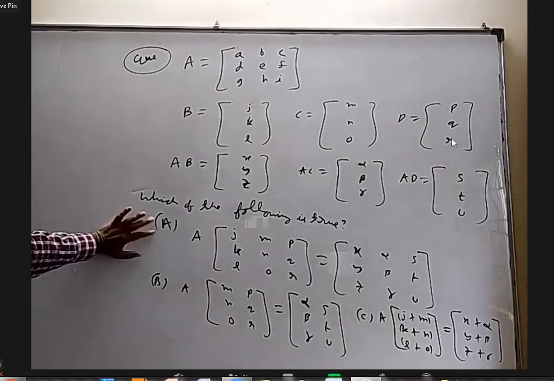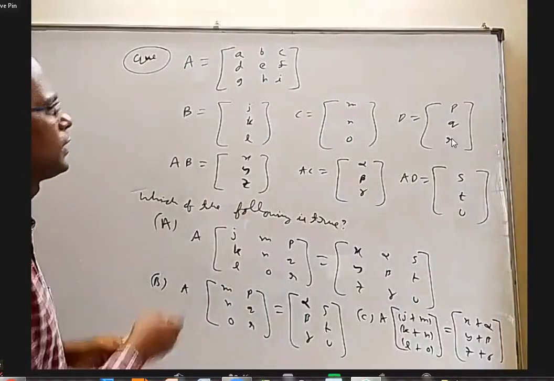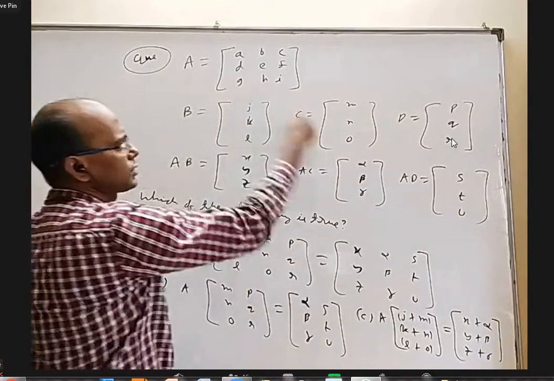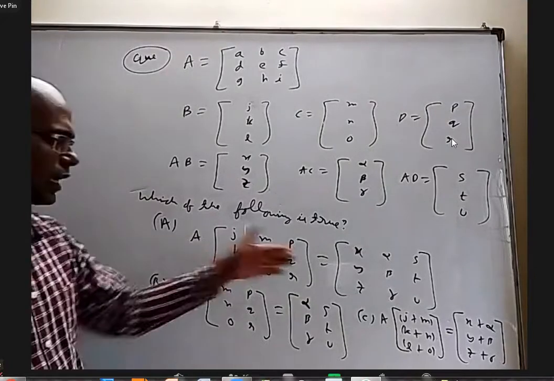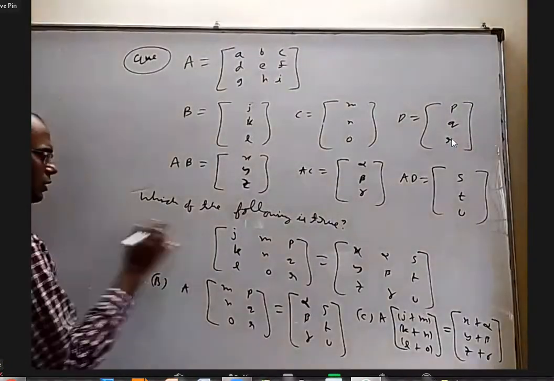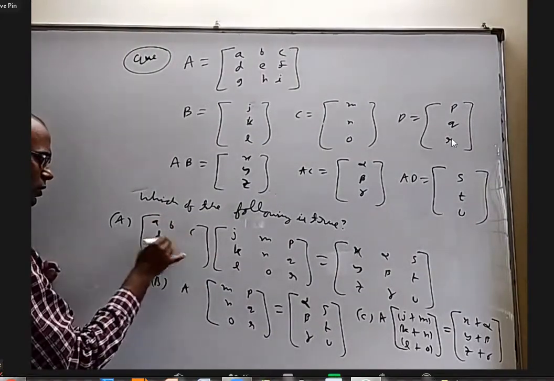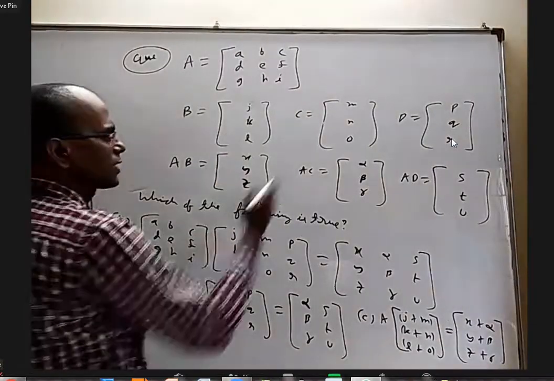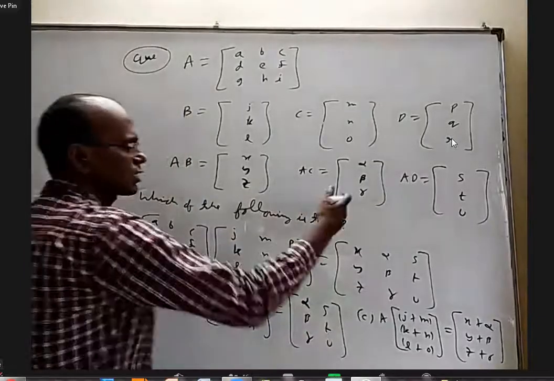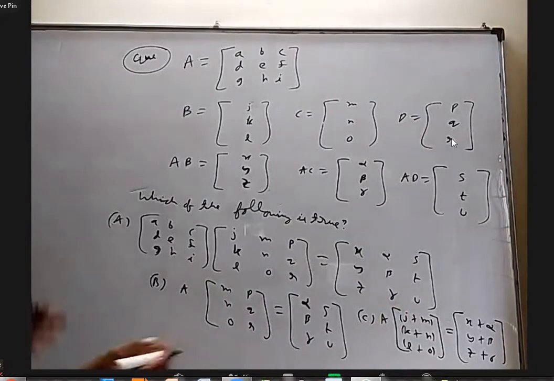Does anybody feel option A is right? Yes, sir. It is actually just stacking up these three answers. See, this into this one is this, this into this one is this, this into this one is this. That's what is the data given to us. Let us really try to multiply here. Okay, let's take option A. In the place of A, I'll really write the matrix A: A, B, C, D, E, F, and G, H, I. Basically this one is stacked here, this one is stacked here, this one is stacked here. The corresponding answers are also stacked. I just wanted to give an idea that it can be done like that. That's why it is not a big question.